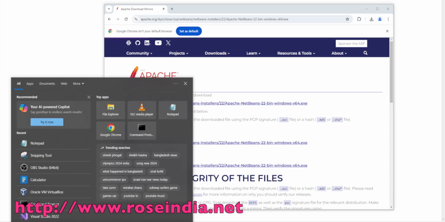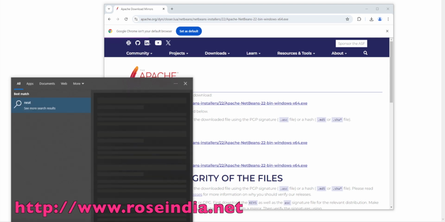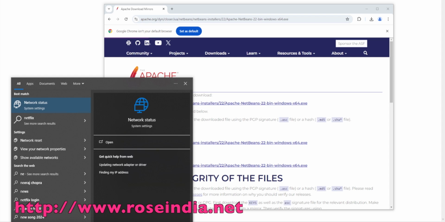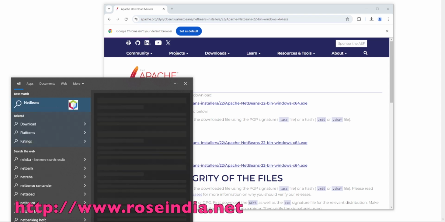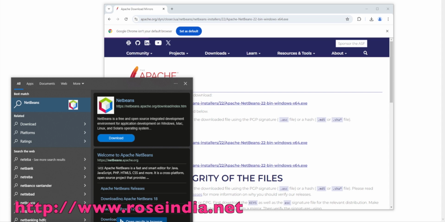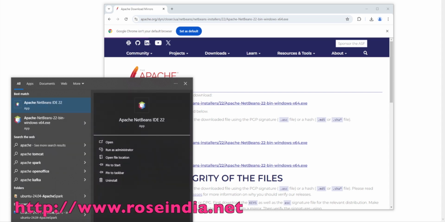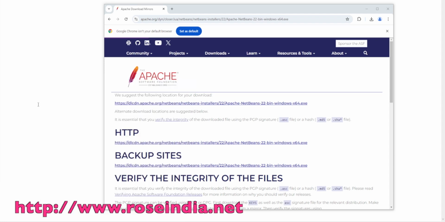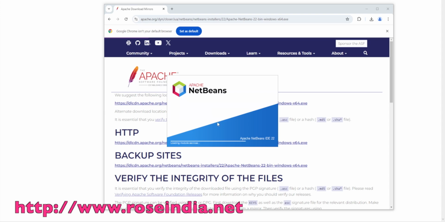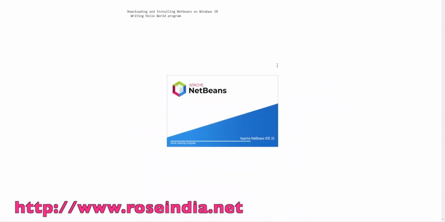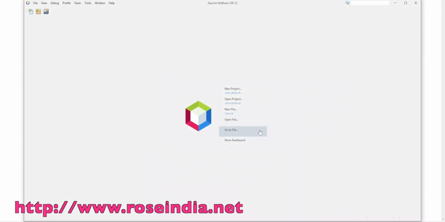To start, go to the programs and search for Apache NetBeans IDE and click on this icon. So NetBeans is starting, and this is a nice GUI of Apache NetBeans. We will click on new project